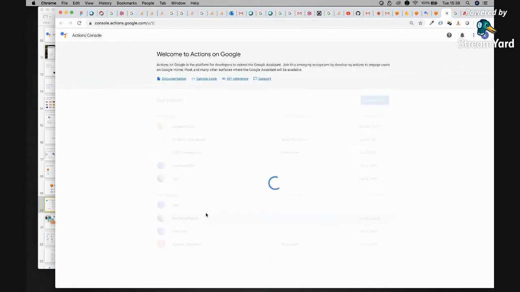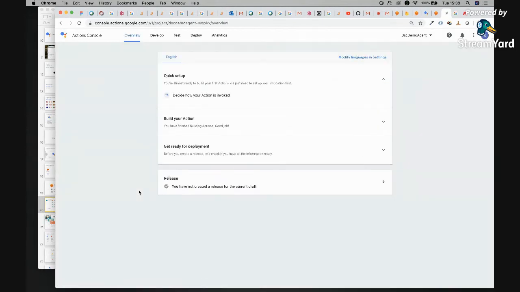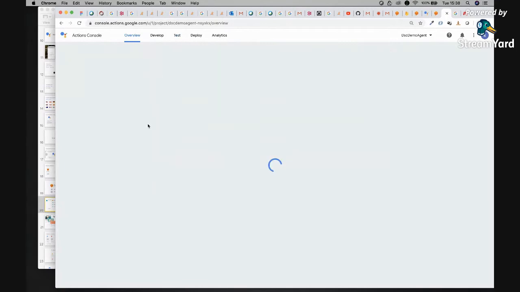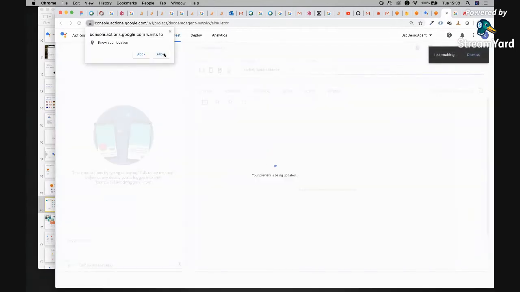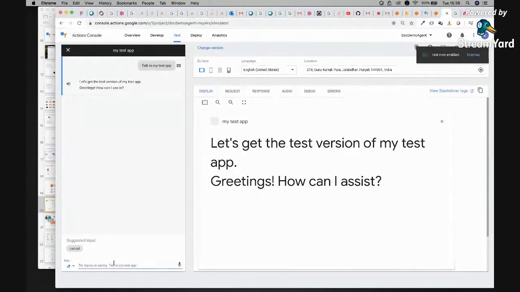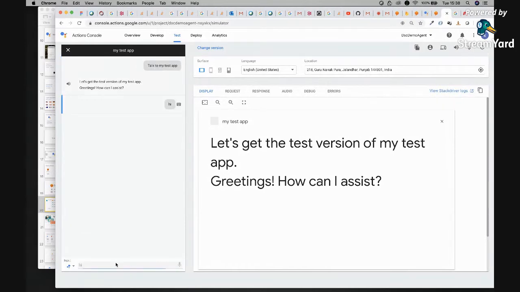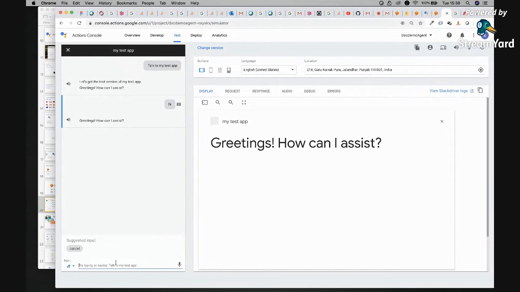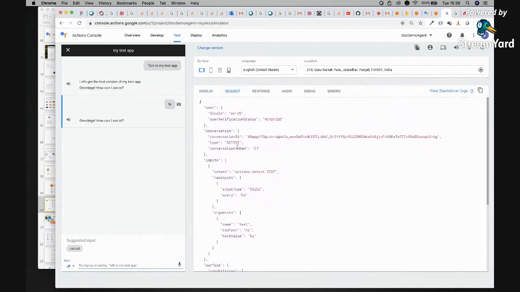So we were building this one, I guess. Let's get the test version of my test app. Greetings. How can I assist? You can see if I say hi in the simulator, it fetches the default response. Now let's try to understand how this works. If you click on the request tab again,